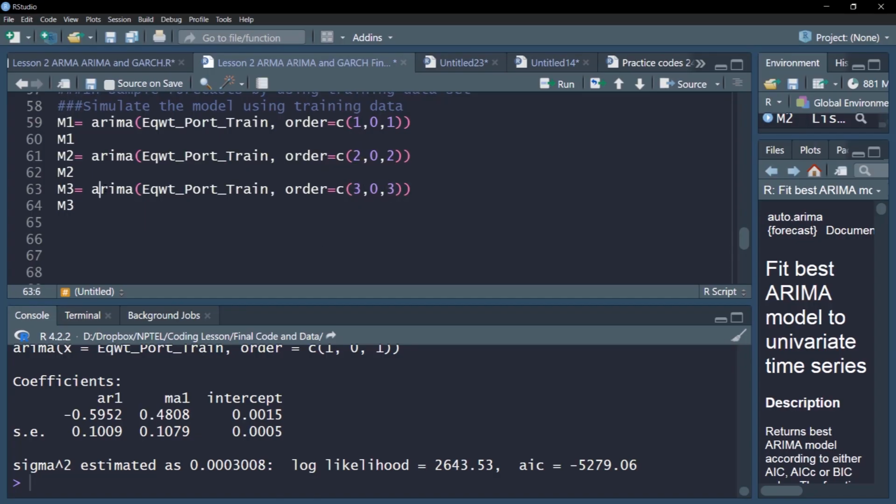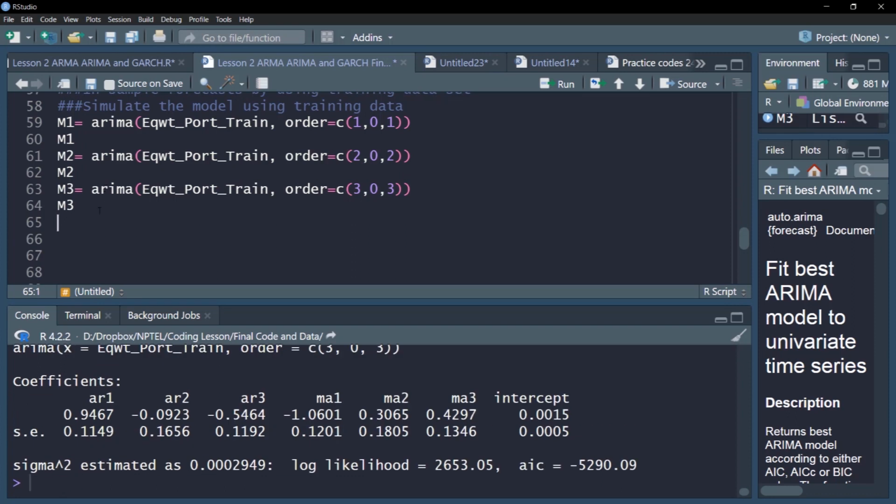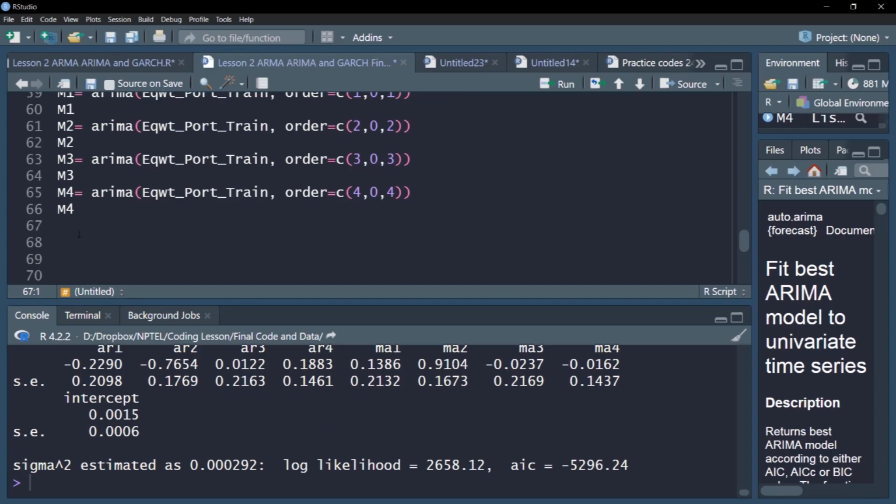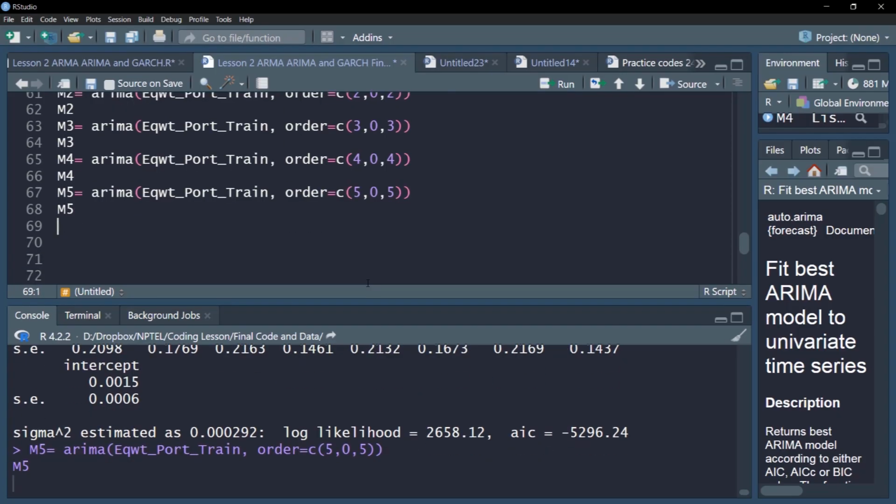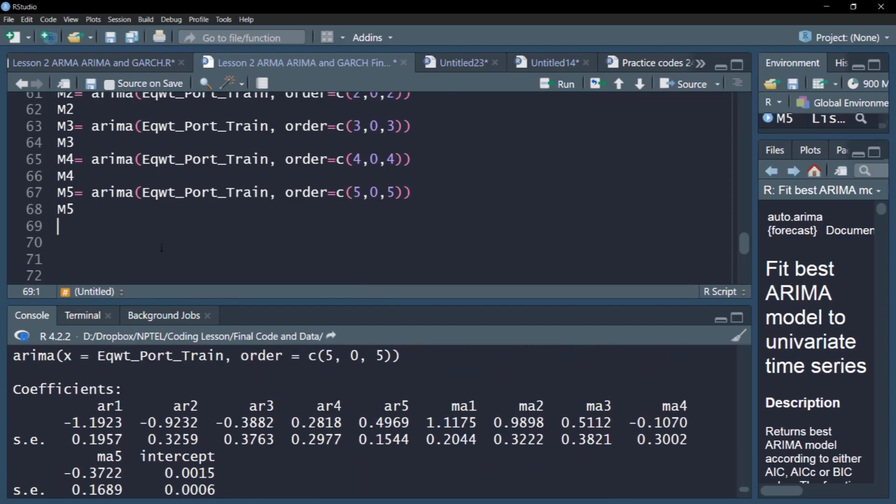So this is M3. Let's simulate M3. Similarly, my plan is to simulate 6 such models. This M4 will have 4 AR terms and 4 MA terms, and then the fifth model with 5 terms. Now this has become extremely complex.